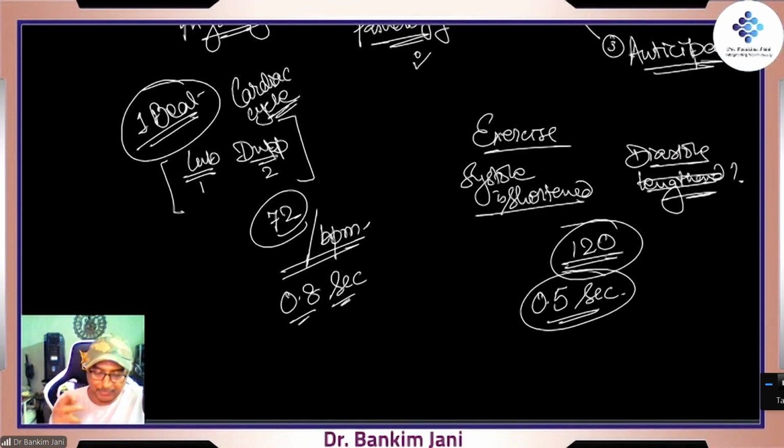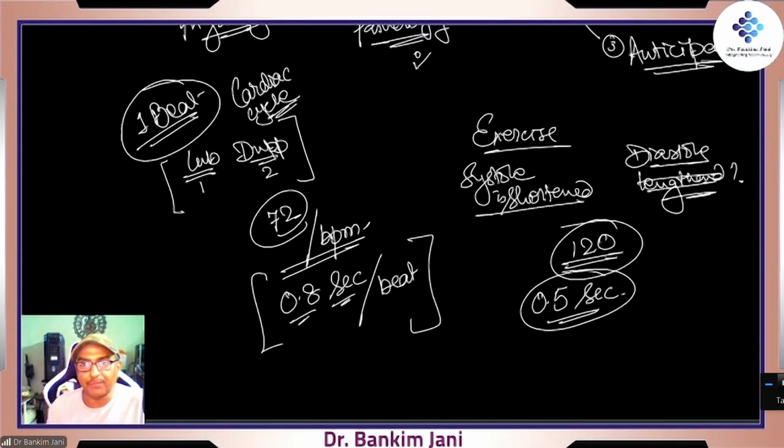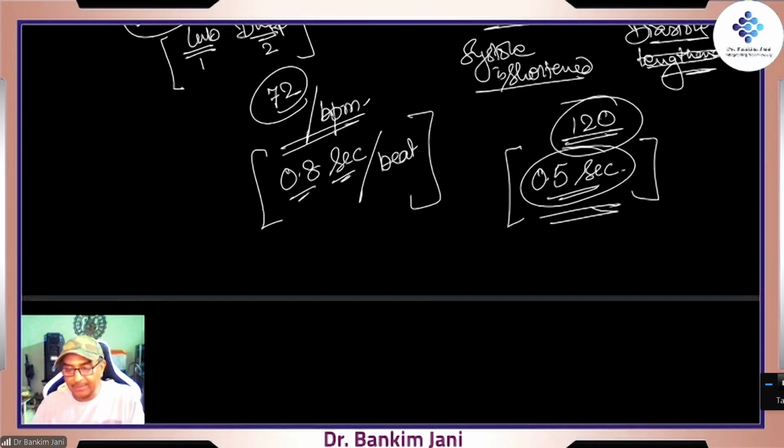Because 60 will be 1 second. So this will be 0.8 seconds per beat, right? That would be the thing. And over here, when it is going at a speed of 120, that would be just half a second. So in half a second, systole and diastole both are completed. They both are completed. And that's the reason that, yes, it is during the diastolic phase when the heart is getting